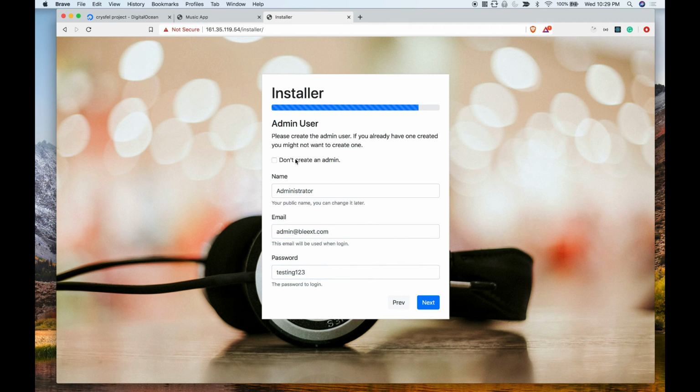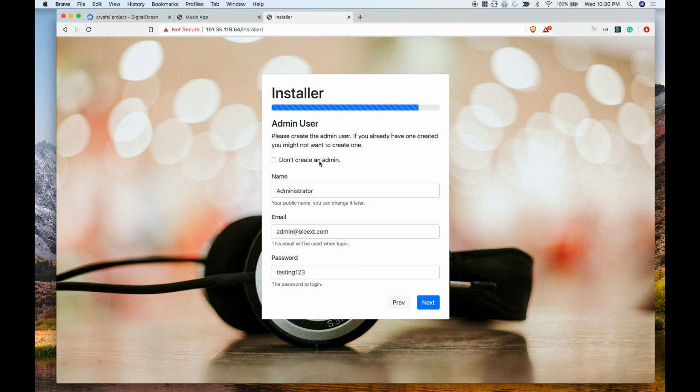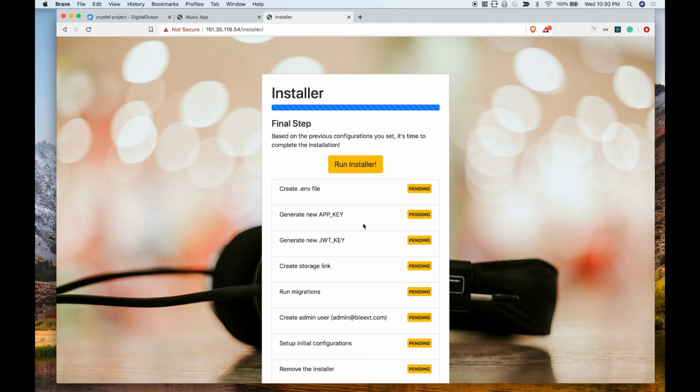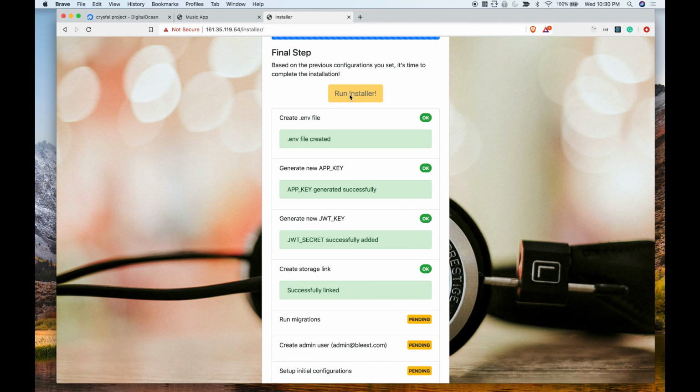There you go. If you already have a user created, and this is the case where you're running the installer for a second time because you're upgrading from a previous version, then you need to click that don't create an admin. Okay, and then it's gonna skip this step. Alright, so then we click next, and then we're ready. So I'm gonna go ahead and click the run installer, which is going to